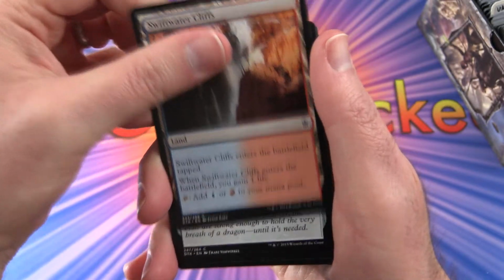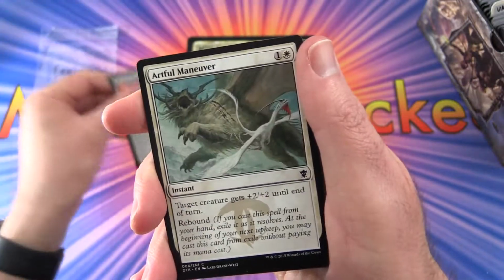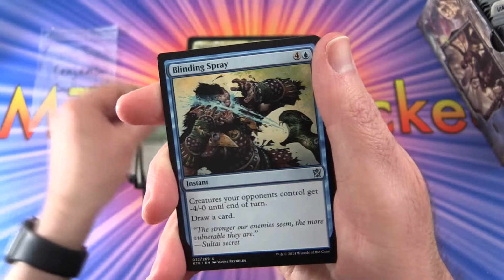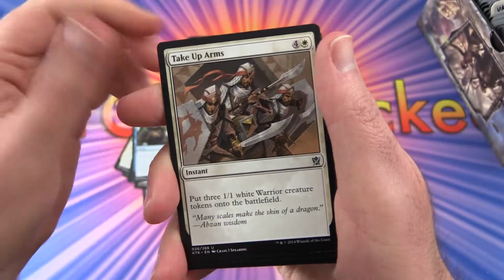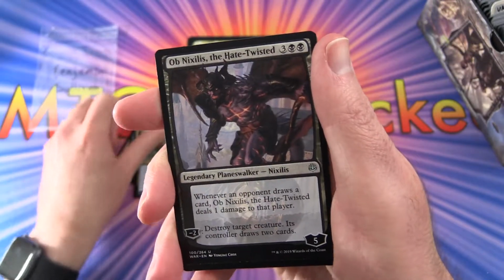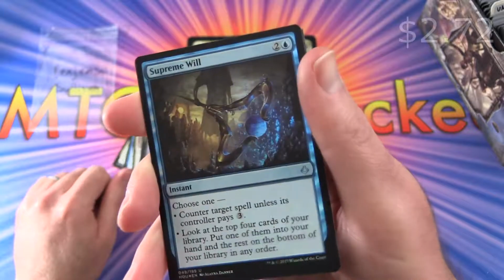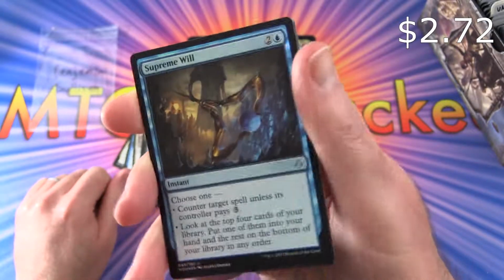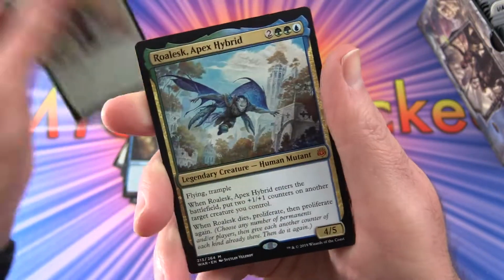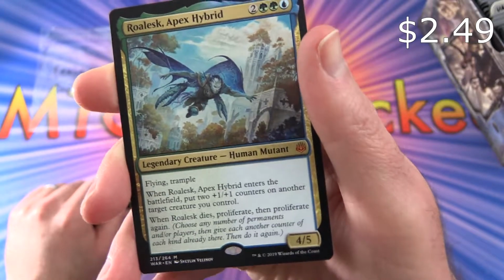Alright, we have Swiftwater Cliffs, Vial of Dragonfire. Isn't that what they called that stuff in Game of Thrones? Very nasty. Artful Maneuver, Topple the Statue, Sunrise Seeker, Blinding Spray, Take Up Arms, Evolution Sage, Gleaming Overseer, and we get an Ob Nixilis, the Hate-Twisted planeswalker, very cool, and a foil Supreme Will, that was a good one back in the day, foil Pentarch Ward, and the rare is a mythic, Rielle...